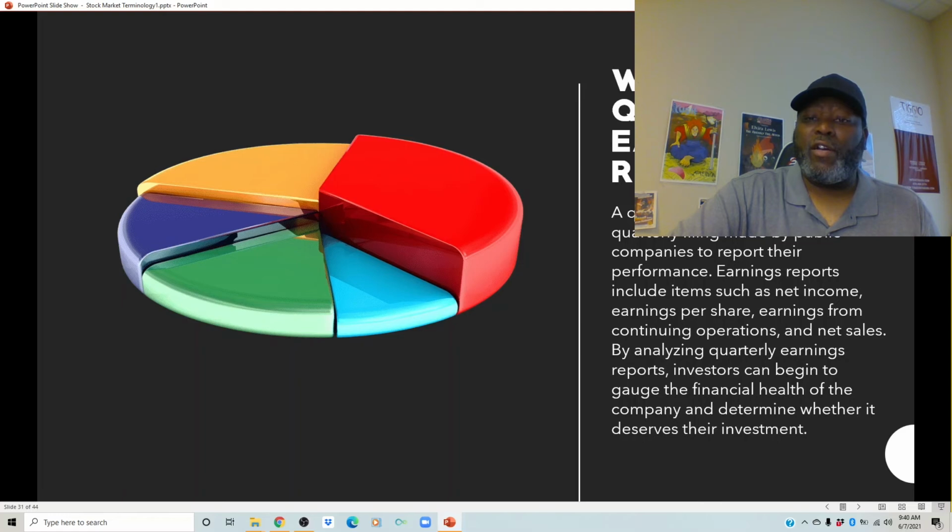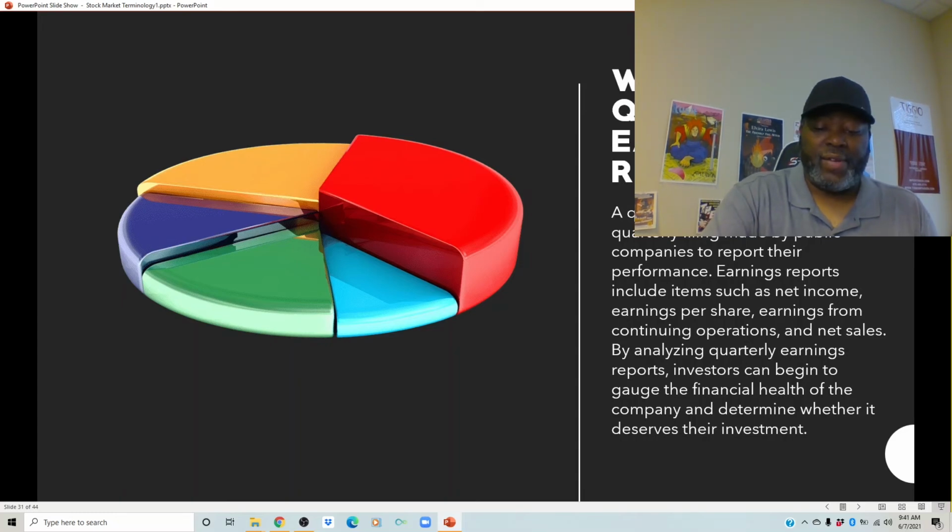What is a quarterly earnings report? A quarterly earnings report is a quarterly filing made by public companies to report performance. Earnings reports include items such as net income, earnings per share, earnings from continuing operations, and net sales. By analyzing quarterly earnings reports, investors can gauge the financial health of the company and determine whether it